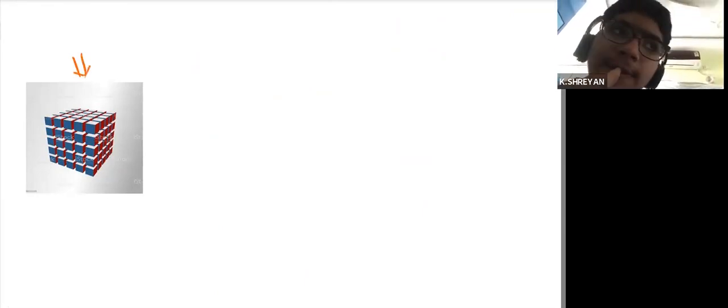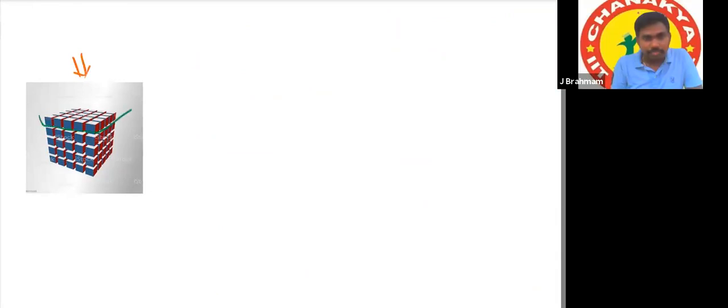Suppose you take out this top layer, and take out the bottom layer also. Now separate the right side layer. Now separate the left side layer. Top and bottom are over, left and right are over. Now front and back. Separate the front layer, now separate the back layer. After separating all these layers, are there any cubes available or not?